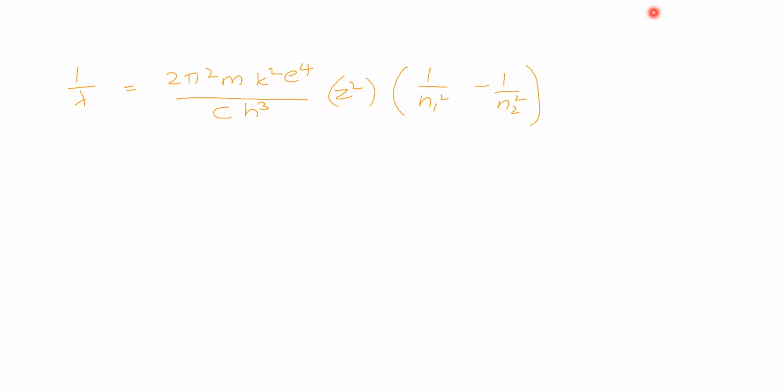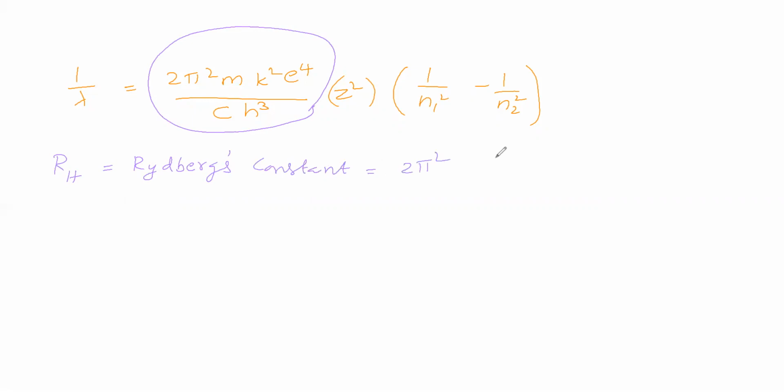This term is completely a constant term. This constant term is taken as RH, which is called Rydberg's constant. This Rydberg's constant is equal to 2 pi square